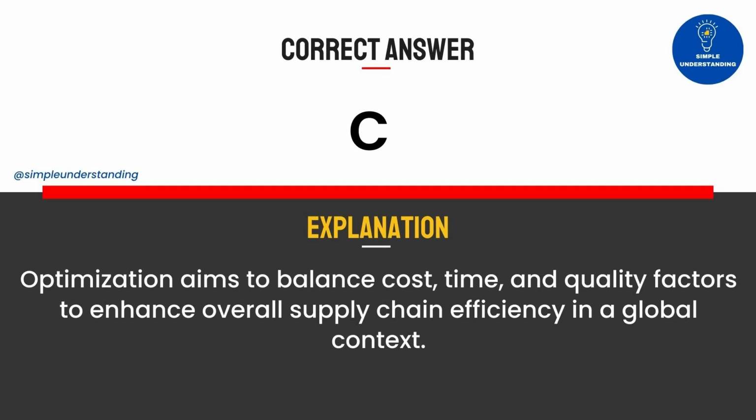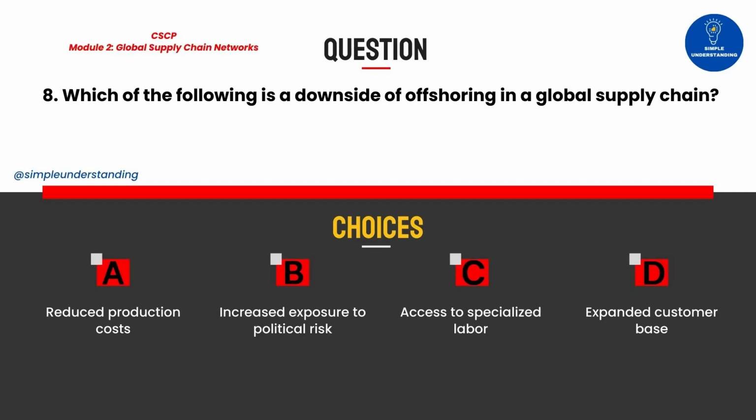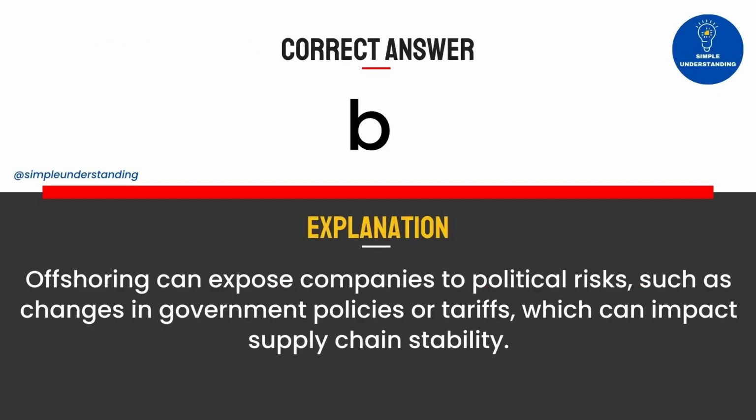a global context. 8. Which of the following is a downside of offshoring in a global supply chain? A. Reduced production costs. B. Increased exposure to political risk. C. Access to specialized labor. D. Expanded customer base. Correct answer B. Explanation. Offshoring can expose companies to political risks, such as changes in government policies or tariffs, which can impact